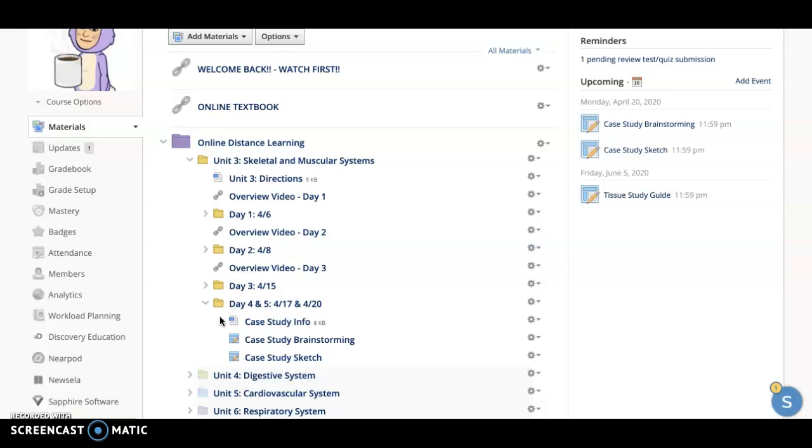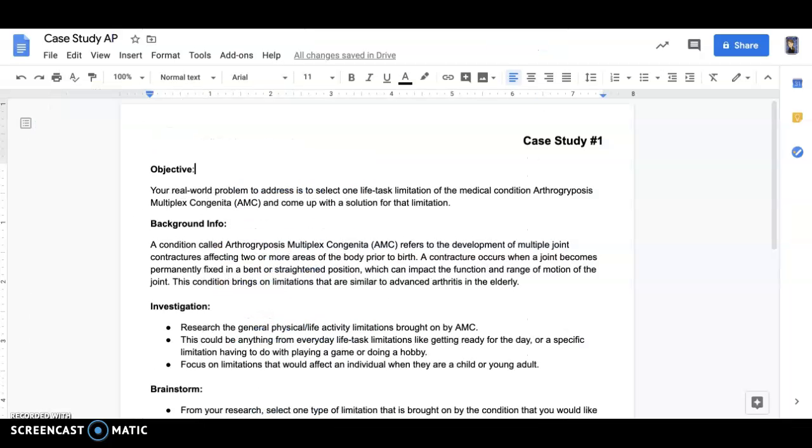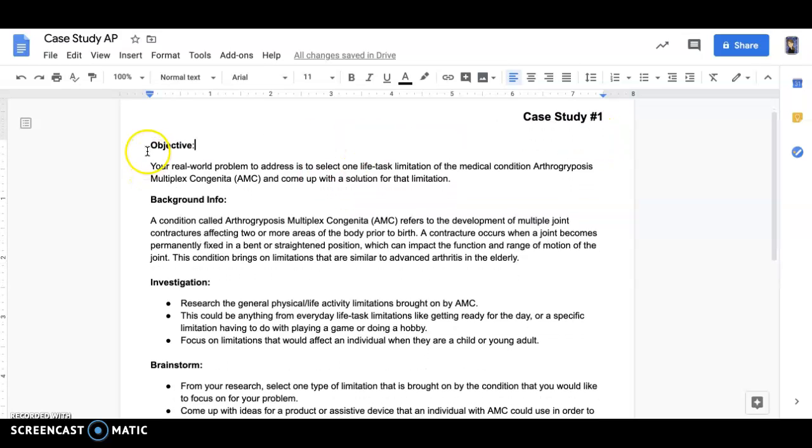And so what this is, a document. I'll bring it up here for you. This is our first case study that we're doing, so it gives you the objective. And I'll just kind of skim through it and give you guys just the general information, and you guys can read over it for yourselves. So the objective, you're given this real world problem. So there is this